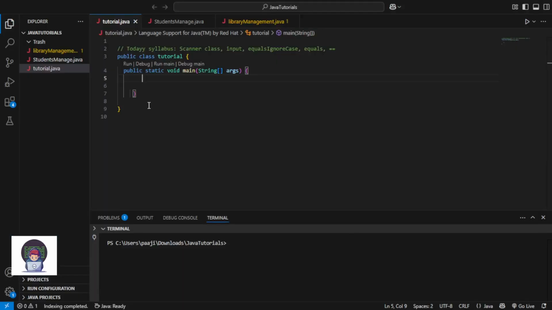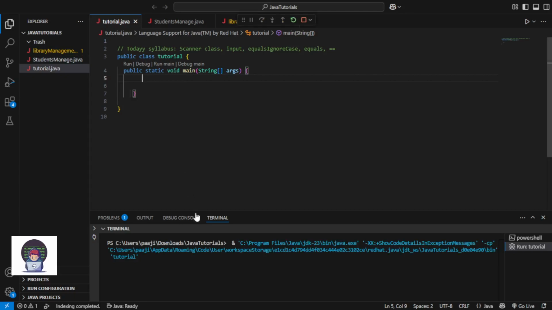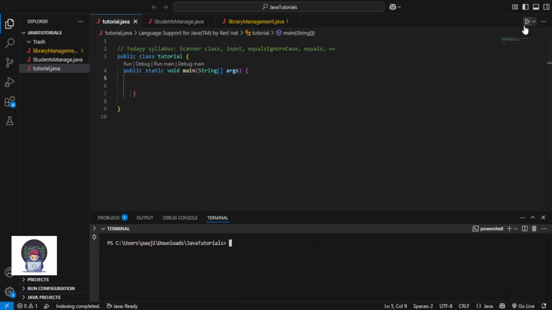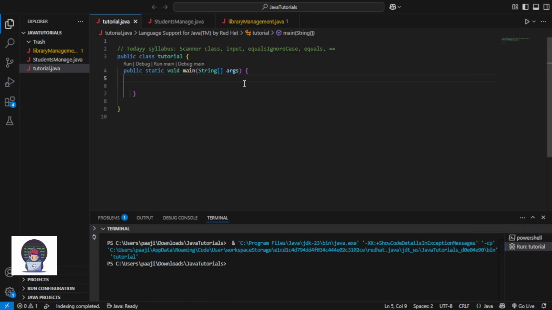So how do you take input from the user? Now what does input mean? I mean, I will be entering stuff into the program. So when I run this, I will type in here, whatever I want to, and it will do something based on that. Right now this is a normal terminal. It is not running anything, so that's why it does that. Okay, so let's start now.